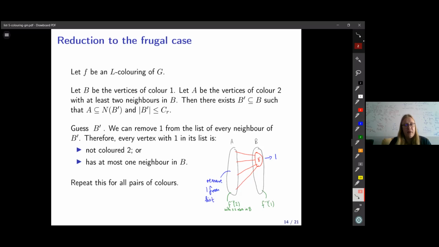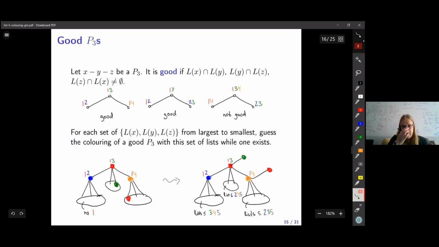Also, this didn't mention the number 5. This works for any K. So for RP3 free coloring, we can always reduce to frugal coloring. And let's reduce further. Now, well, the best thing that could happen is that we actually reduce it to a graph that doesn't contain P3